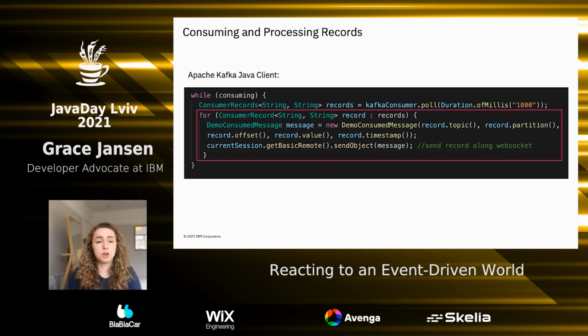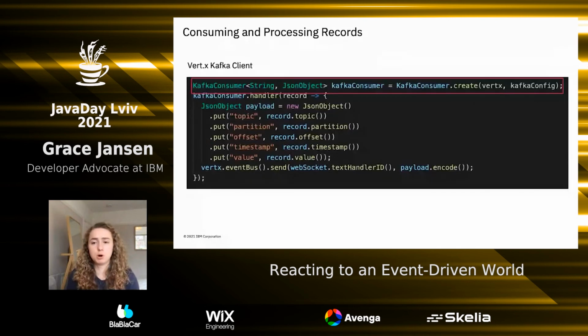So when we switched to Vert.x for this consumer client, instead of having that poll loop, that for and while loop, we now have something called a handler. We simply wrote a handler function that is called every time a new record arrives. This allowed much more asynchronous consuming and processing of records, which fit much better with the reactive paradigm. In this flow, it was a lot simpler. Vert.x is now the one handling the step of polling for new records, so we don't have to worry about that. We just receive a new record, send the record along the WebSocket to the front end